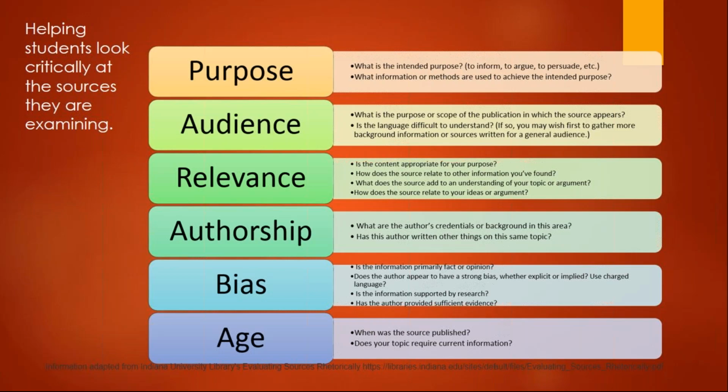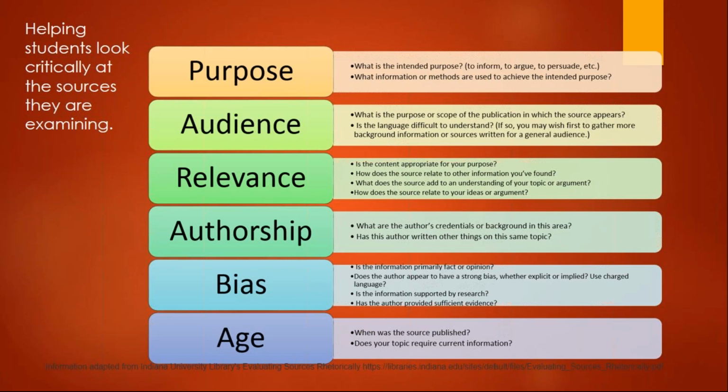So then it's like, okay, well, let's look deeper into that source. What does the source tell us about the author? And they're like, oh, he's his friend. So they need to be able to look at the age. Is it relevant? A lot of these skills and strategies are going to help them not only in the classroom, not only looking at history content, but as they go out into the world and become functioning members of our democratic society that we live in.